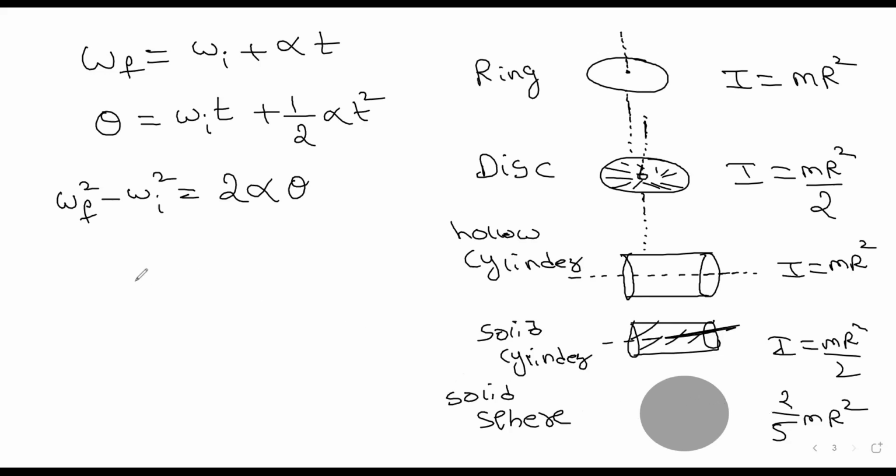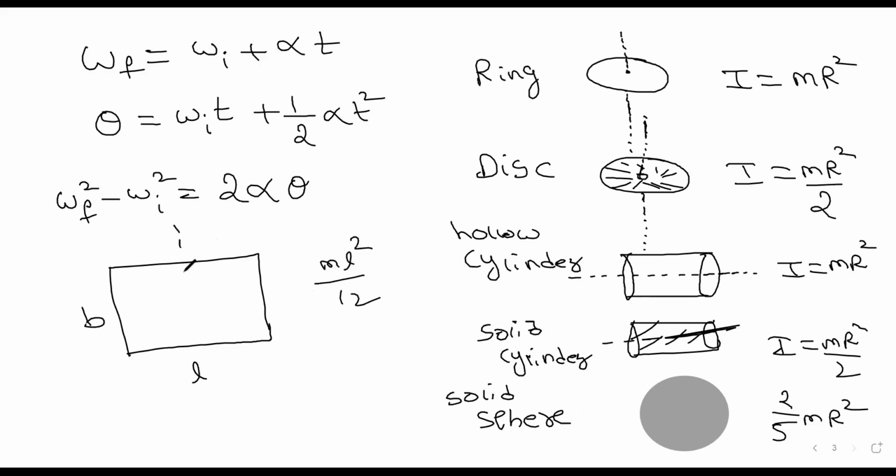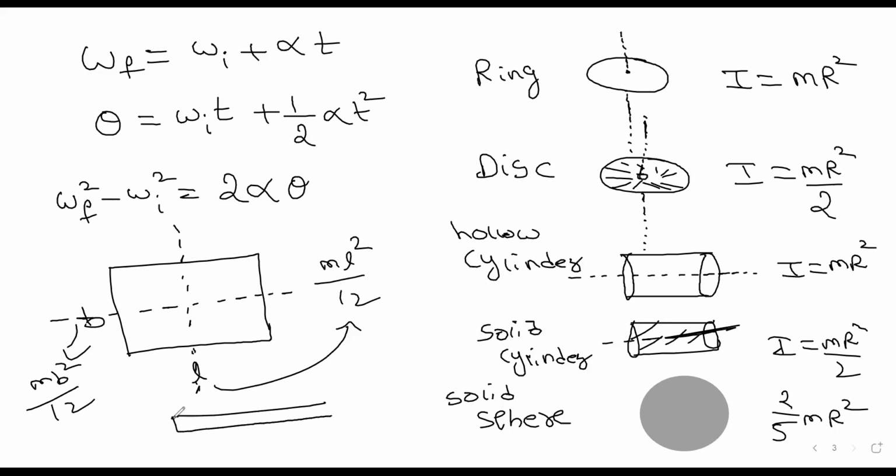And for a rectangular lamina, if this is L and this is B, we studied one thing: whichever length the axis is cutting, if it is cutting length L, it becomes ml square by 12. If it is cutting B, it is mb square by 12. This is a shortcut to remember, whichever side the axis is cutting. Same thing for a rod, which is the same as a rectangular lamina of L. It is cutting L, that's why for a rod it is ml square by 12.